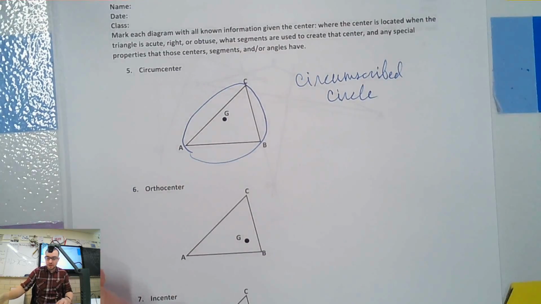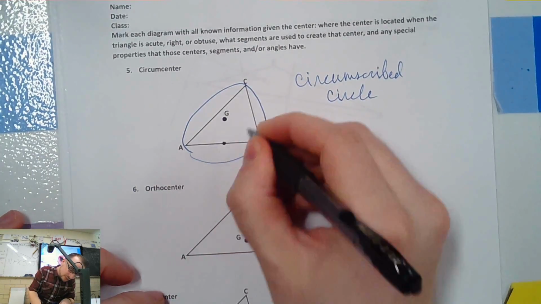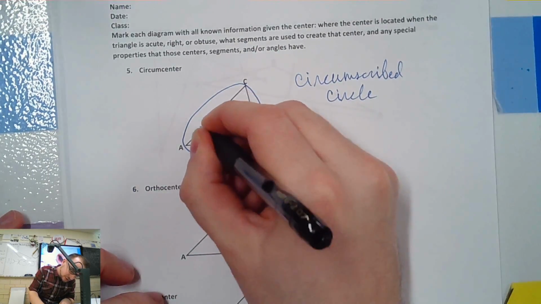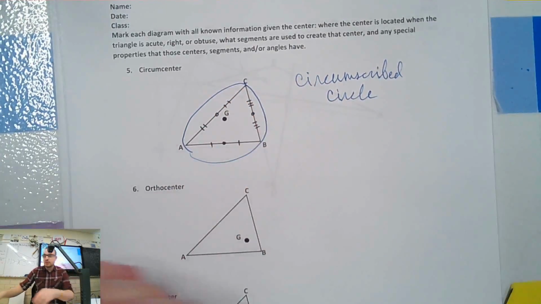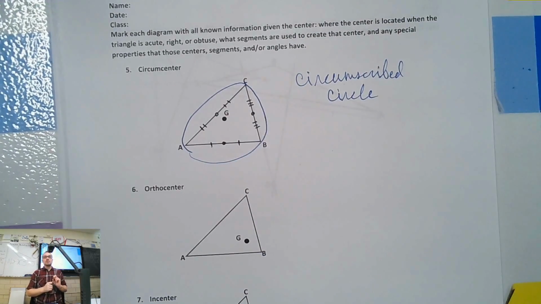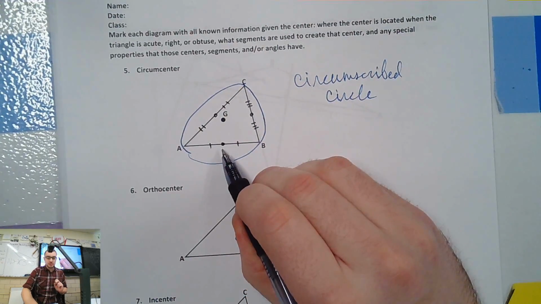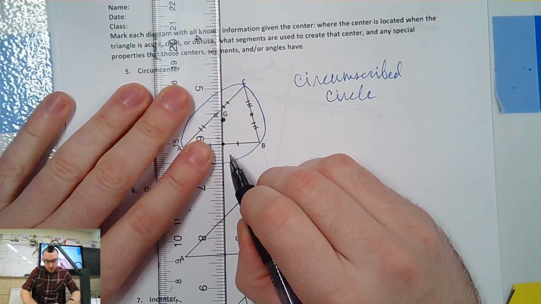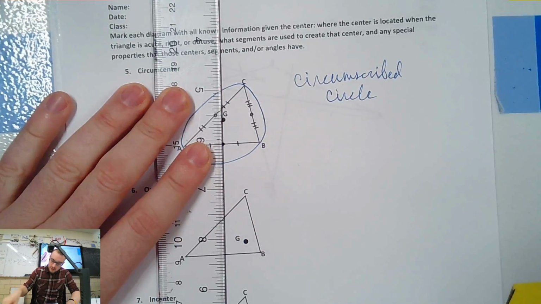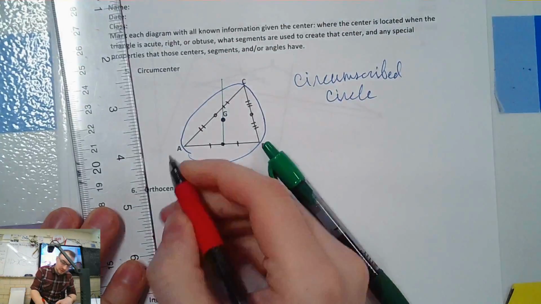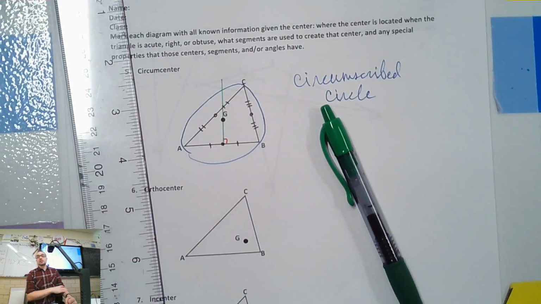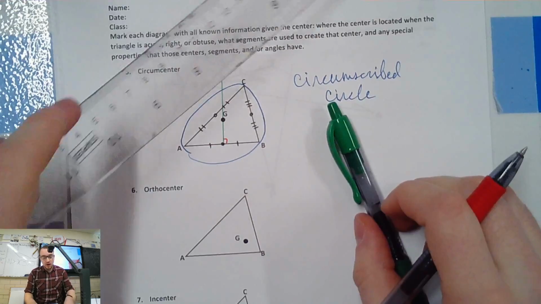Perpendicular. So what we're going to do is find our midpoints on all the sides, right? Just estimate. And we should be able to draw a perpendicular line starting at the midpoint, not the vertices, and it should go straight through G, right? So this line right here is perpendicular. So that's a perpendicular bisector. We good with that? I can do that for all of these.